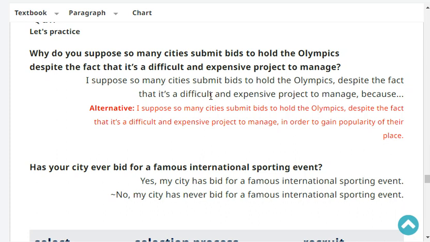in the event and after the event, they can get a large amount of income from tourism. Very good. That's correct. In the event and after, that's correct because of the popularity and exposure of the country.